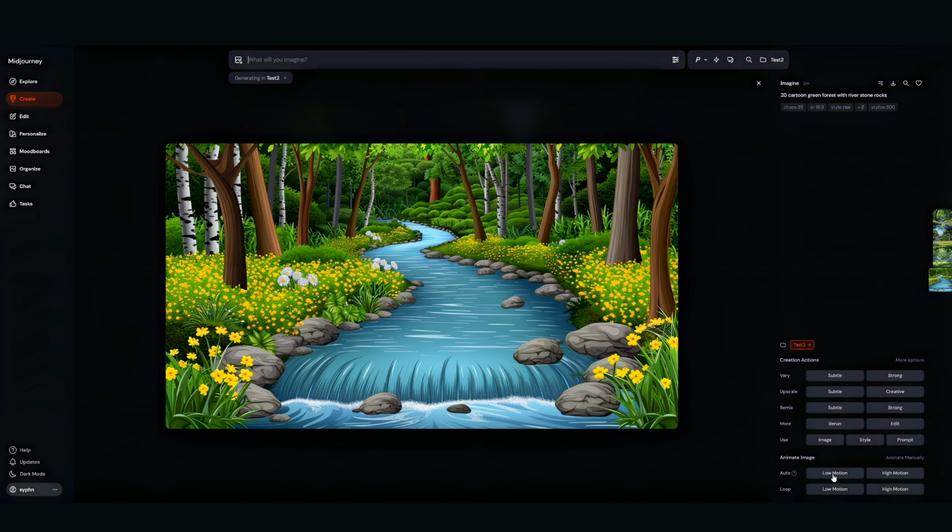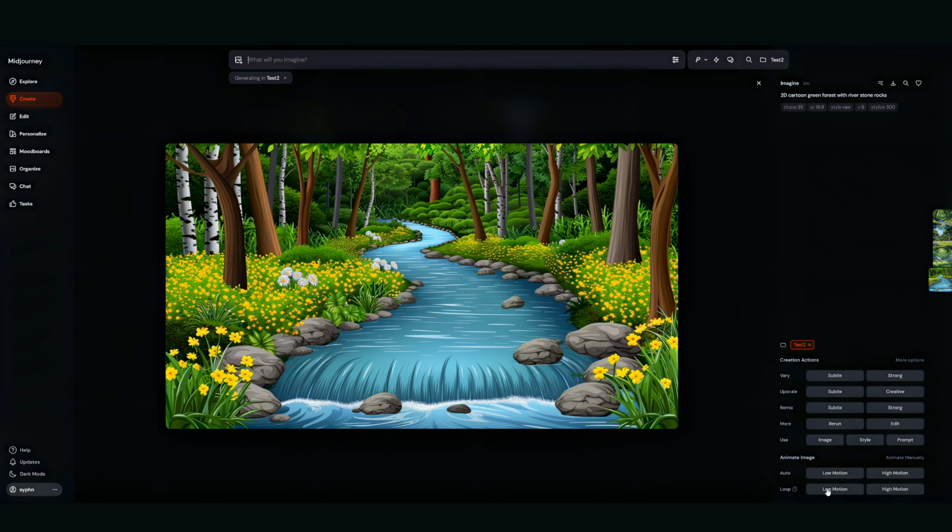The auto, which will give you a low or a high motion animation. But don't forget, that is not a looped animation, meaning that, let's say it gives you a 5-second video, it'll start in one place and end somewhere else. When it starts and ends, you'll definitely notice that it's not seamlessly looped like a GIF animation, where it looks like it can run forever and you can't tell when it stops or starts, right?